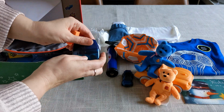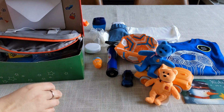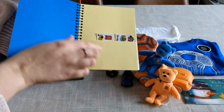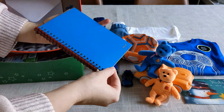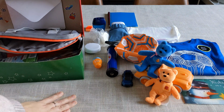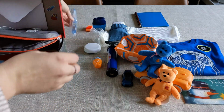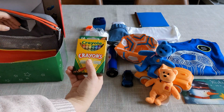Typically my toddler boxes have a lot of different primary colors, but this one I just kept it orange and blue. A notebook, and inside I gave him some stickers to find. And in the wire, a jumbo pre-sharpened pencil. I ran out of toothbrush caps, so I just put his toothbrush in a bag. And then Crayola crayons